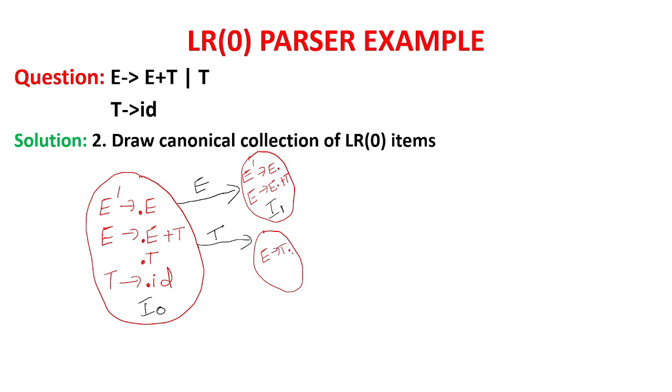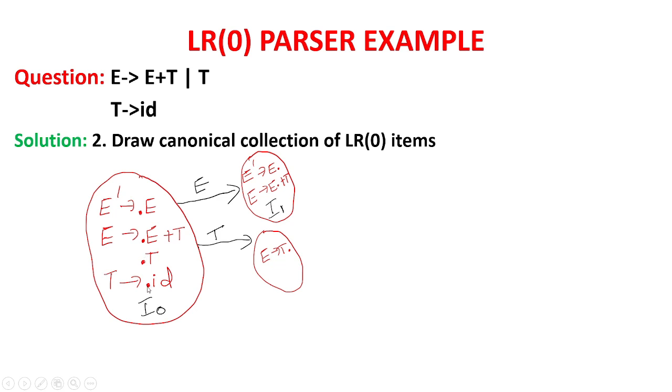Okay, now T is visited. Anywhere T is there after dot in this I0 circle? No, nowhere T is there after dot. Only over here it was there and we have already considered it. So now T is visited. Now check in I0 where the production is remaining. Which production is remaining after the dot which is not visited? After dot there is an ID and we have not exposed this ID. All other productions, wherever the dot was there, whatever is there after that we have exposed them. Like E we have exposed in the first two productions, then in the third production we have exposed T also.